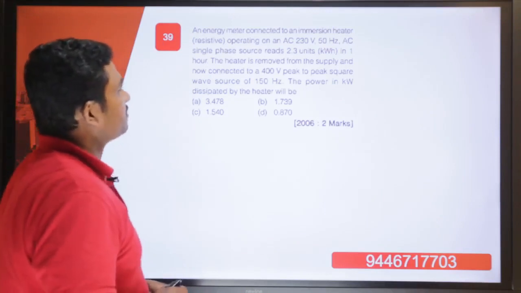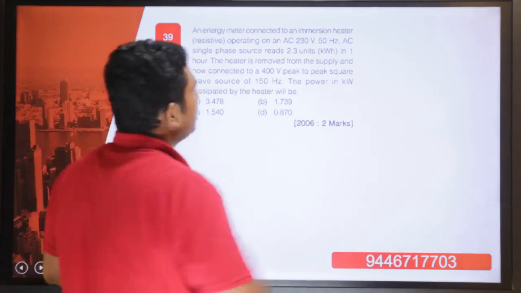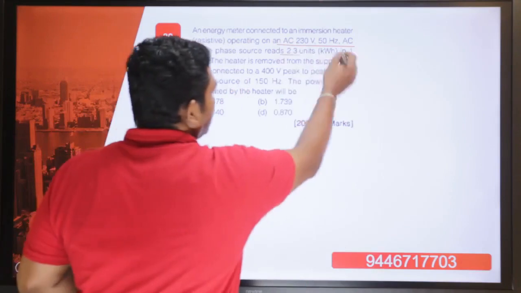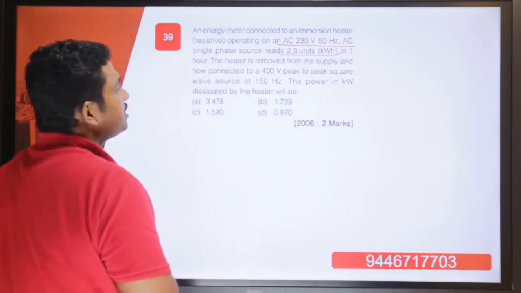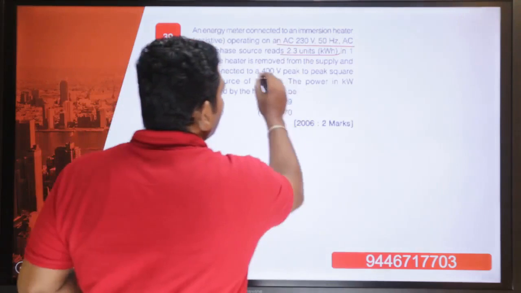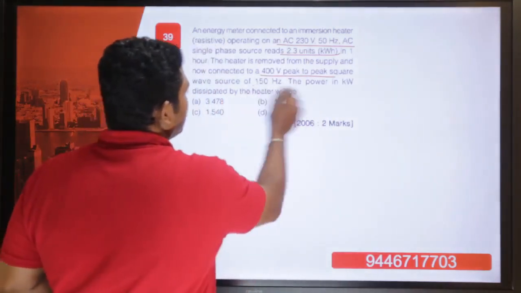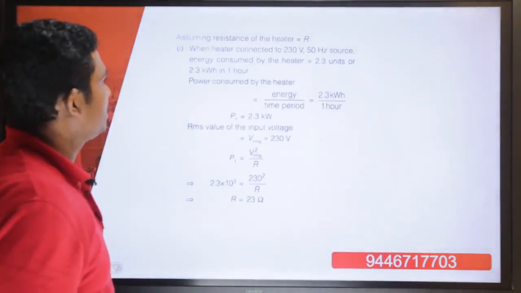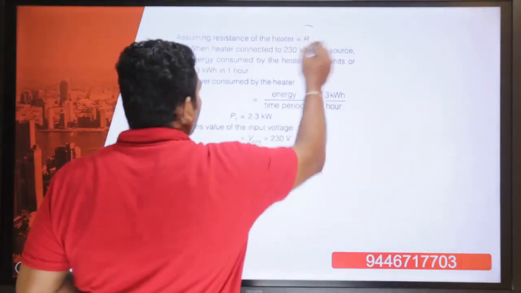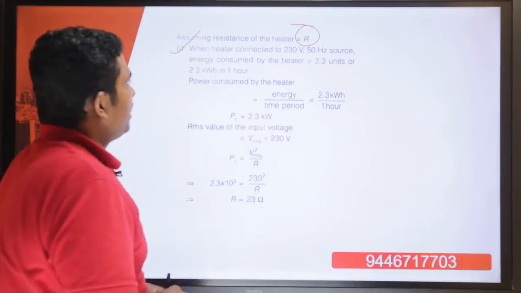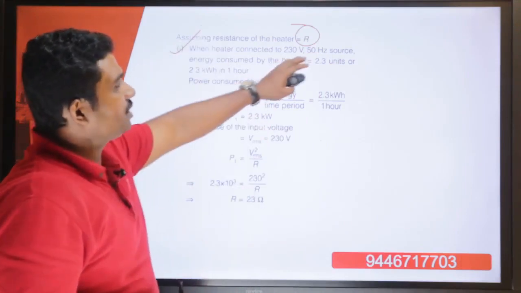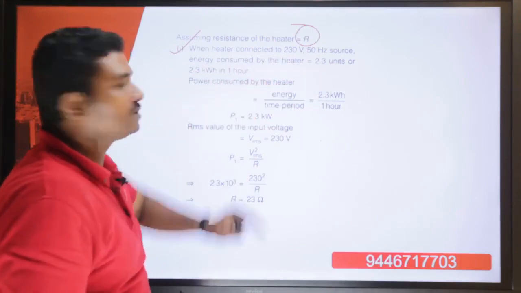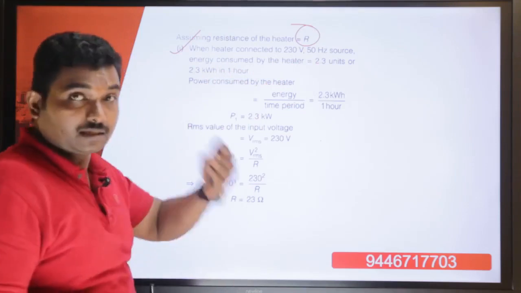So first, an energy meter was connected to an immersion heater operating at AC 230 volt 50 Hz single phase source, and it reads 2.3 kilowatts. The heater is removed and then connected to a 400 volt peak to peak square wave source with 150 Hz. The power dissipated by the heater for the second case is to be found out. Now assuming that the resistance of the heater is R, in condition 1, the heater is connected to a 230 volt 50 Hz AC source, and the energy consumed is 2.3 units or 2.3 kilowatt hour